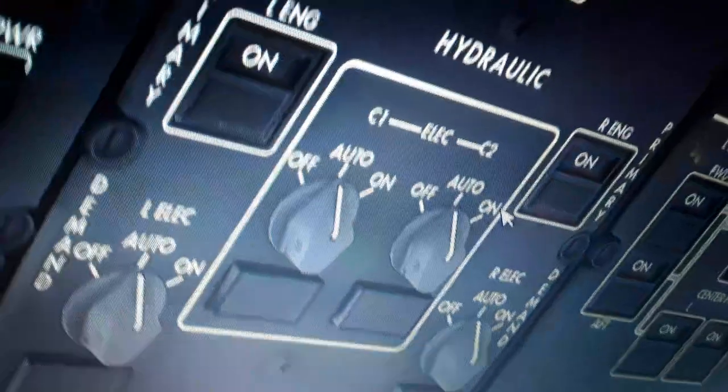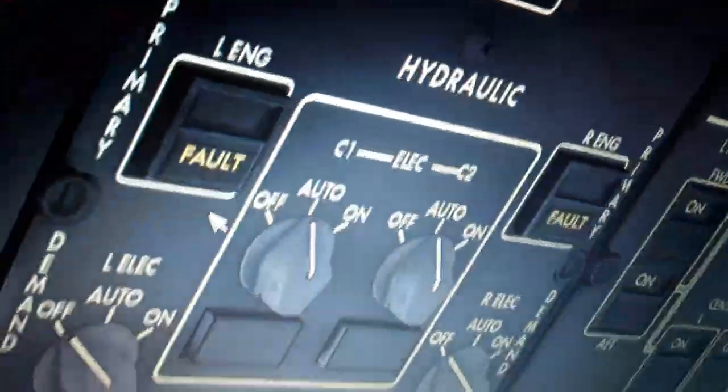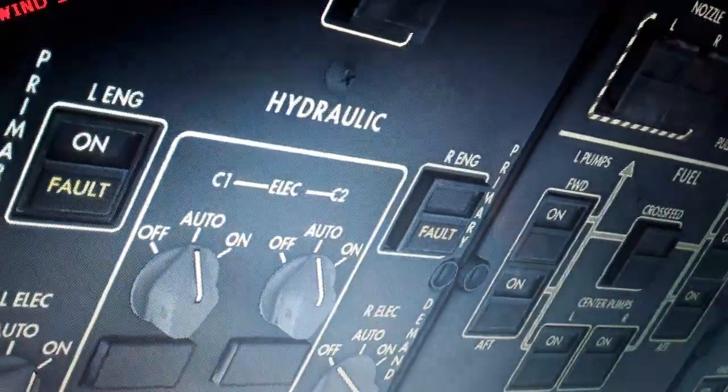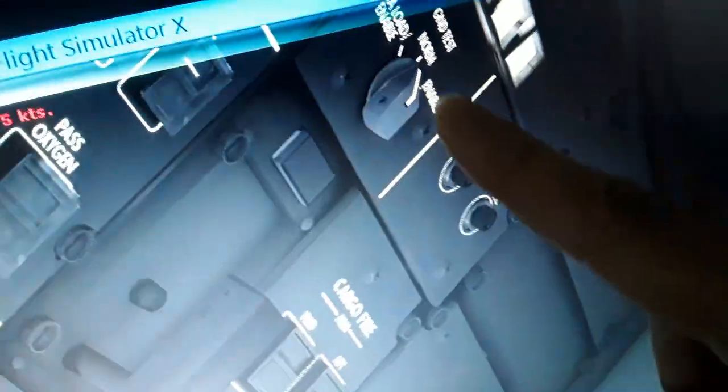FD door, passenger oxygen over here, window heat, rammer turbine over here, and the hydraulic system, left and right engine driving. We turn it off, you will see what they display in default position, the left and right engine driving. We have the electric C1, C2 for a backup, so we set back to the auto. Also you can see we have the recorders here, the cargo and APU fire, the engines,